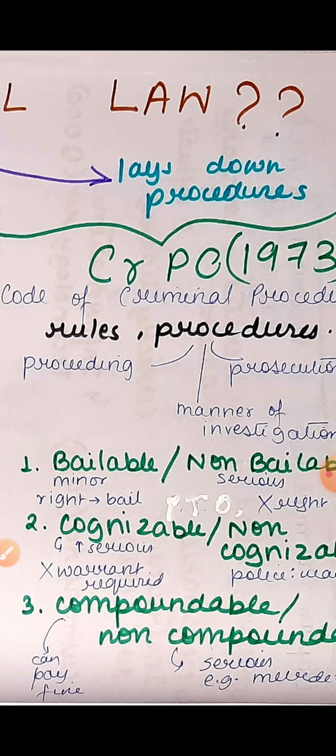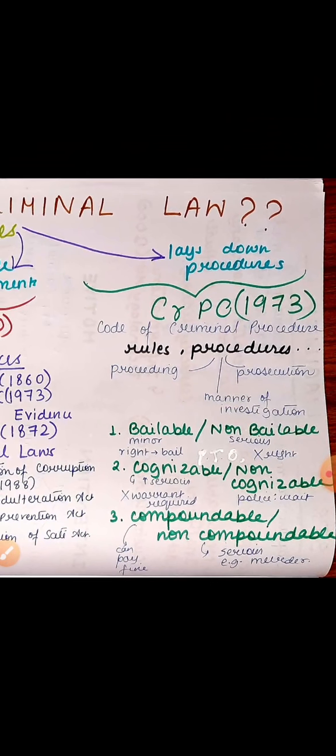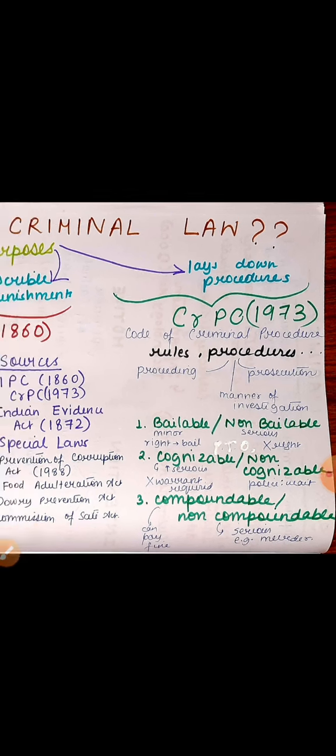But as we all know, not all offenses are compoundable. There are certain non-compoundable offenses. These are very serious offenses like murder. Obviously, it's not right that we can pay money for murdering someone and get away with it. Definitely that will bring society to a loggerhead situation. That's why not all offenses are compoundable, but there are some minor offenses that can be compounded.